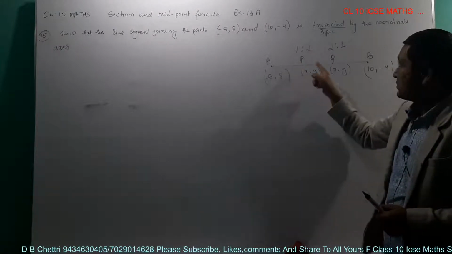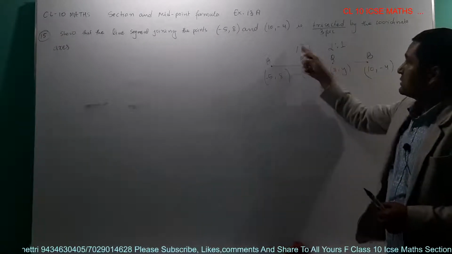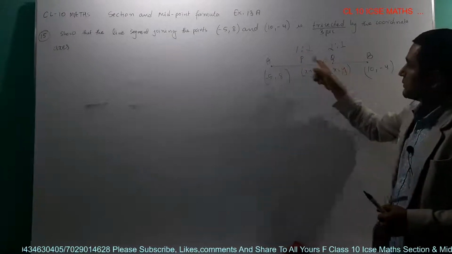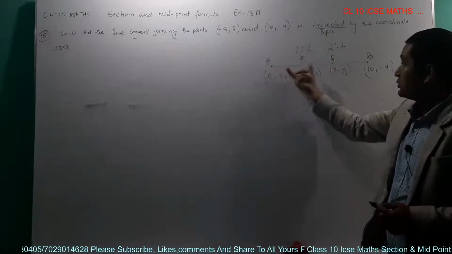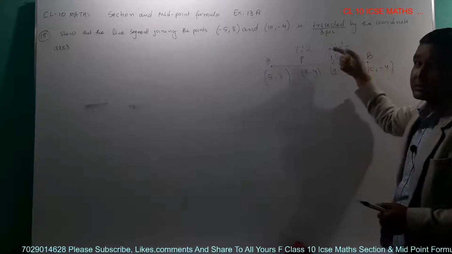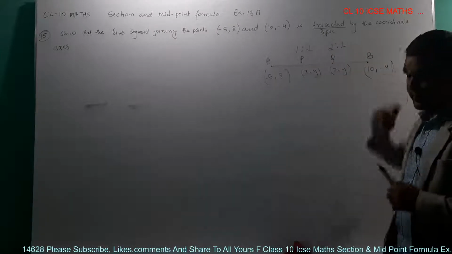From A is 1 piece, from B there are 2 pieces, that means 1 is to 2. For Q, from A 2 pieces, from B 1 piece, that's why 2 is to 1. Okay,